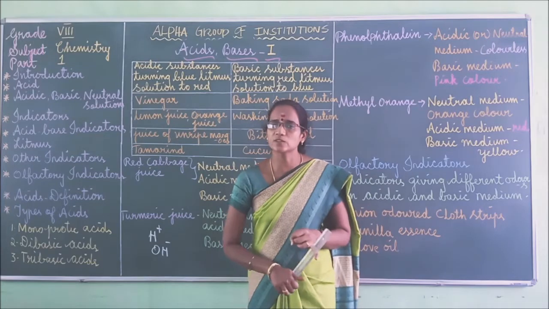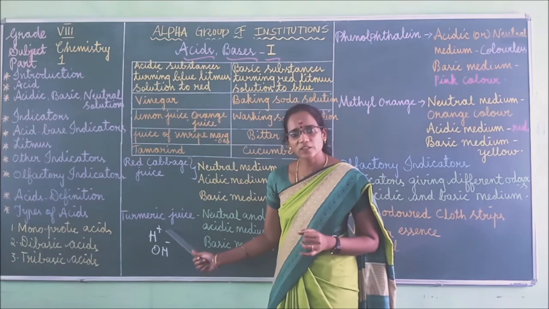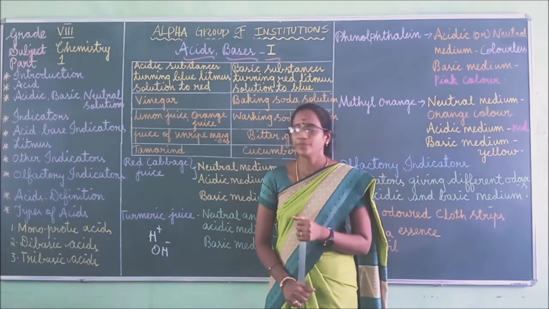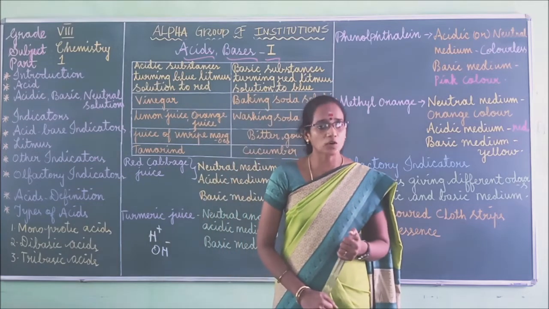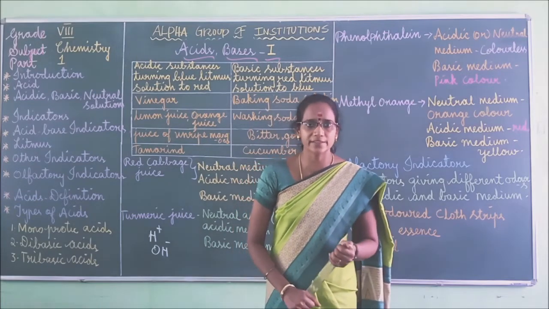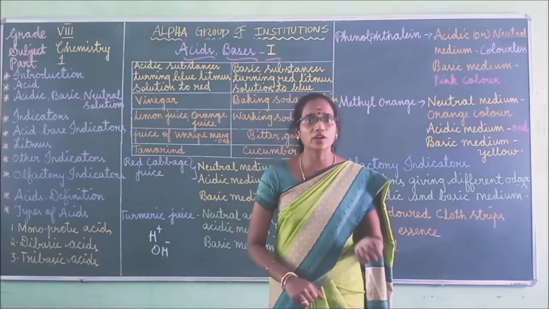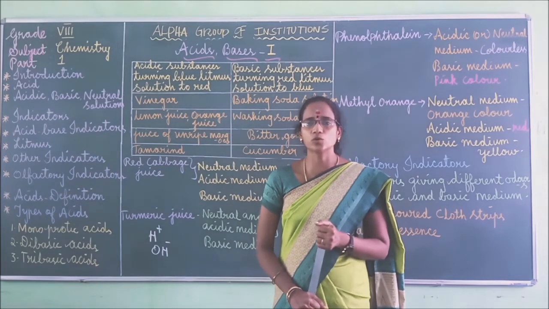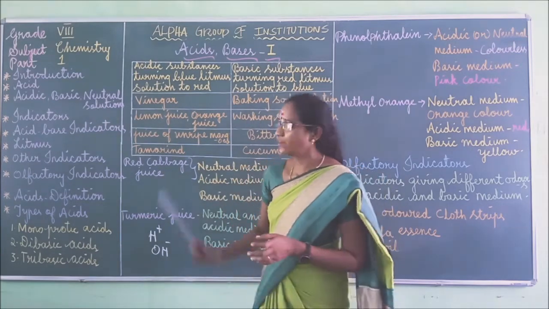So what is meant by acidic solution? The solution which has a higher concentration of hydrogen ions is called acidic solution, and its pH range will be less than 7. And next one is a basic solution, a solution which contains a larger concentration of hydroxyl ions. Here the pH range will be greater than 7. And for neutral solution, if the concentration of hydrogen ions as well as hydroxyl ions is equal, then it is called a neutral solution and its pH range will be equal to 7. Got it? Right. Shall we move to the next one?